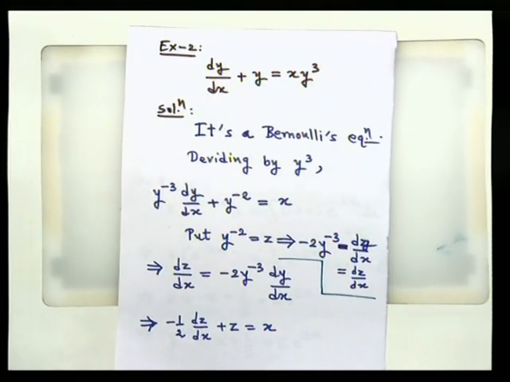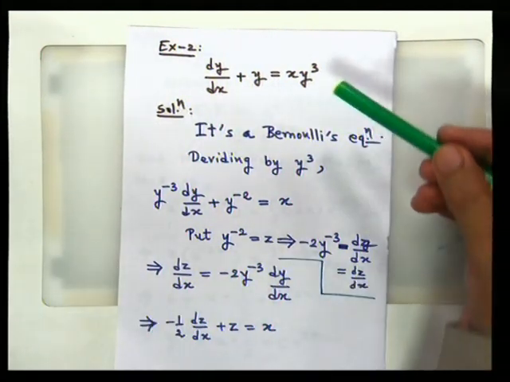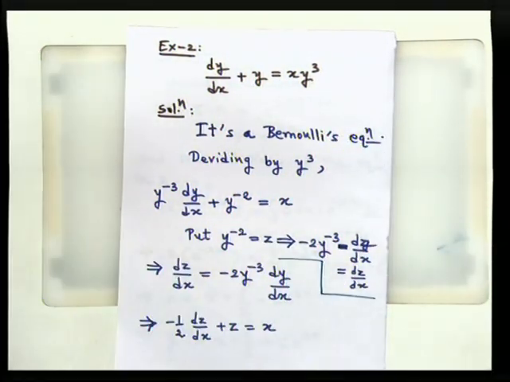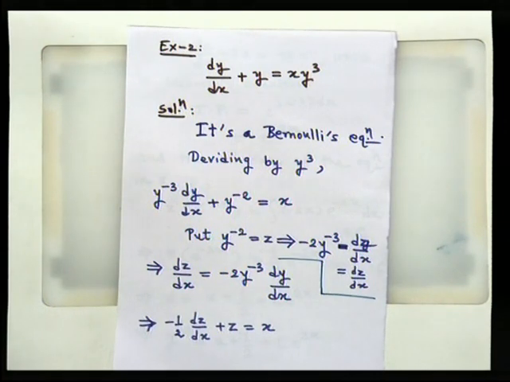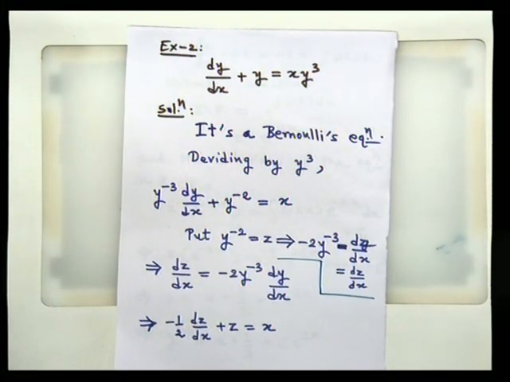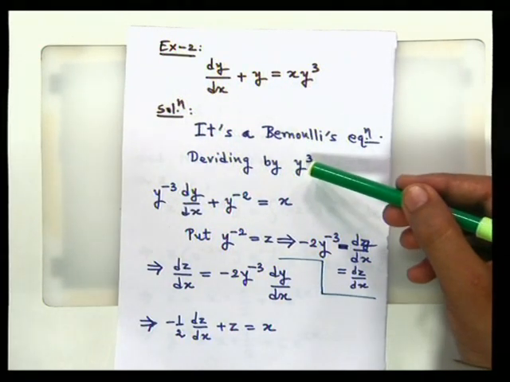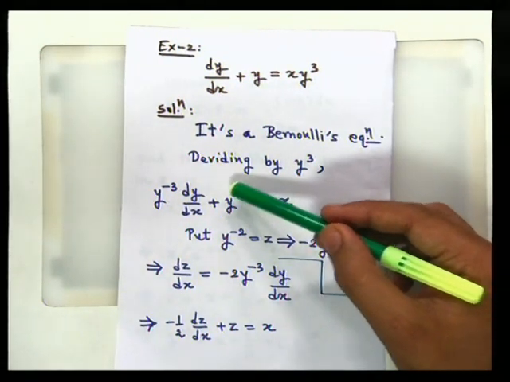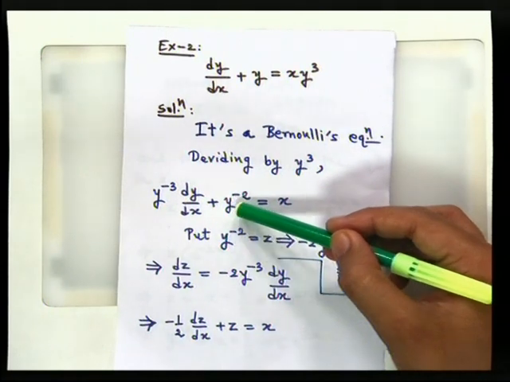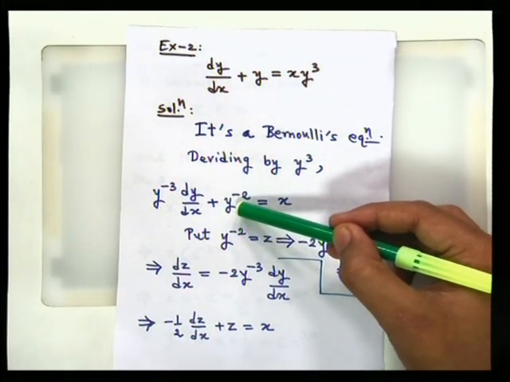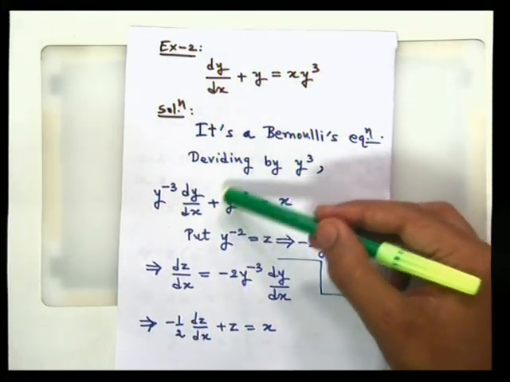Now the second is dy by dx plus y equal to x y cube. We can see that it is a Bernoulli equation as it is in the form dy by dx plus py is equal to q y raised to n. So we divide both the sides by y cube, and we put the coefficient of the term y, that is y raised to minus 2 here, the second term